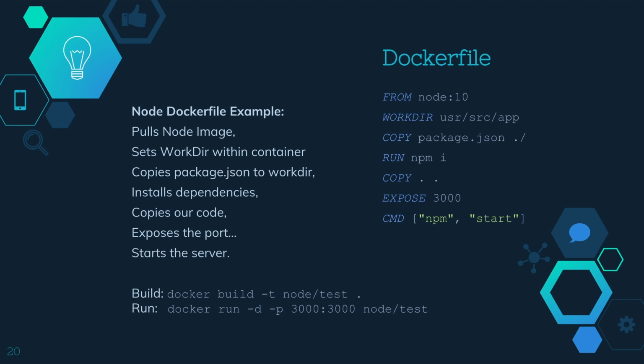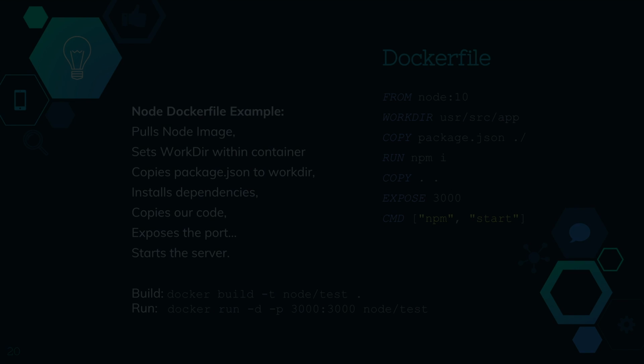And again, you can build with that command and run with that command. So tag it as node test. Again, could be banana, meatball, mama, whatever you like. And then run it with that tag name. The node project happens to use port 3000, so I just kept that the same. But the good thing is if you have a port that's blocked or something like that on your network, you can easily change the ports around and expose a different port from what the container is actually running on.